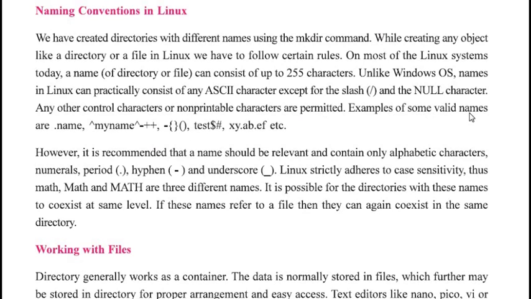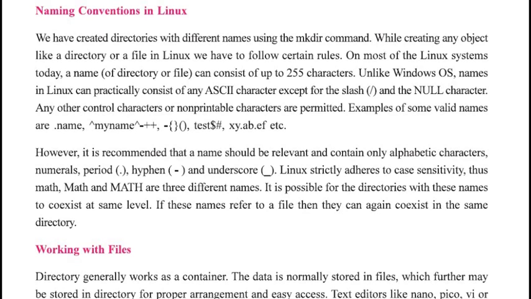For example, some valid names are dot name, caret sign, my name, caret sign, minus, plus, plus. That means any type of special characters could be used in giving a file name or folder name. In Windows, if you try to do this, it will not allow you to enter special characters.